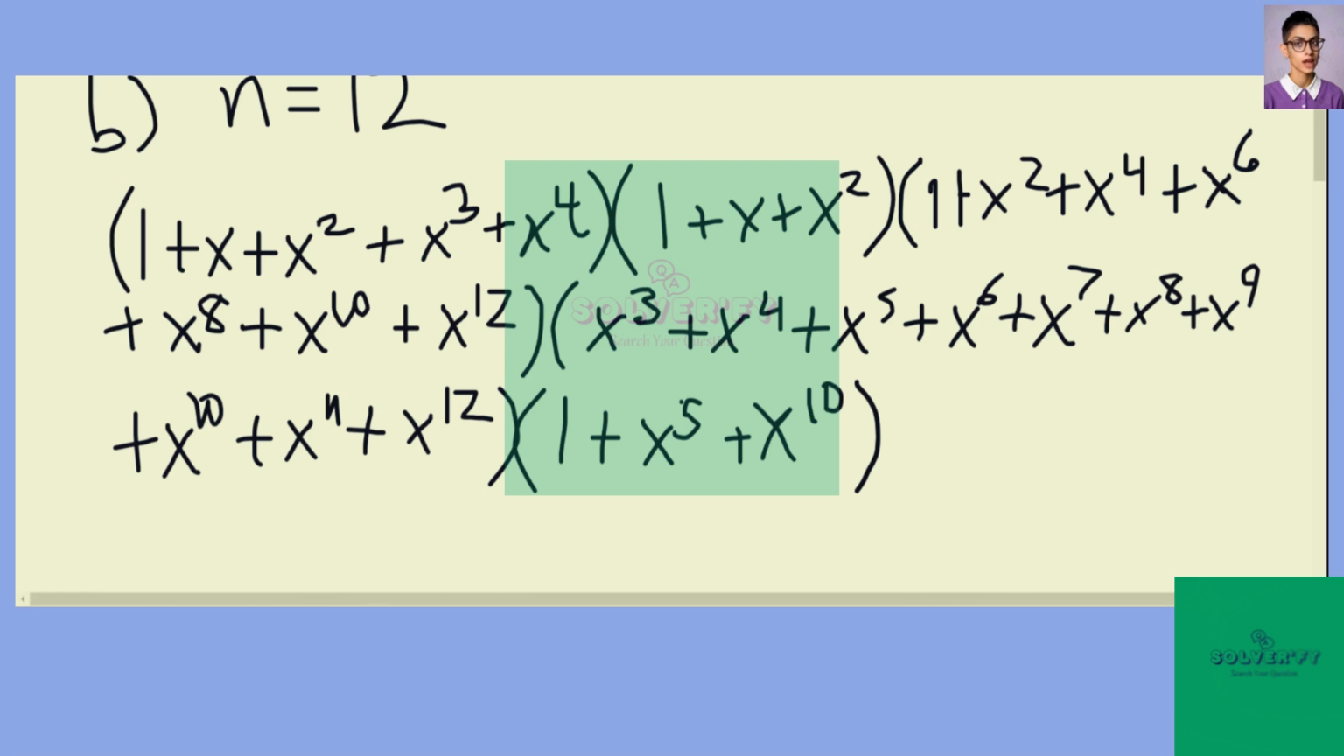And we'll want to use a computer algebra system to expand the sum, and doing so we find that the coefficient of x to the 12th is going to be 75. So there are 75 ways to buy